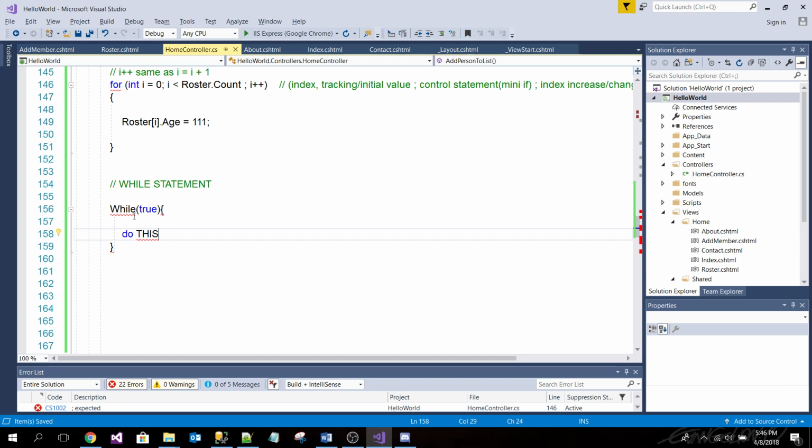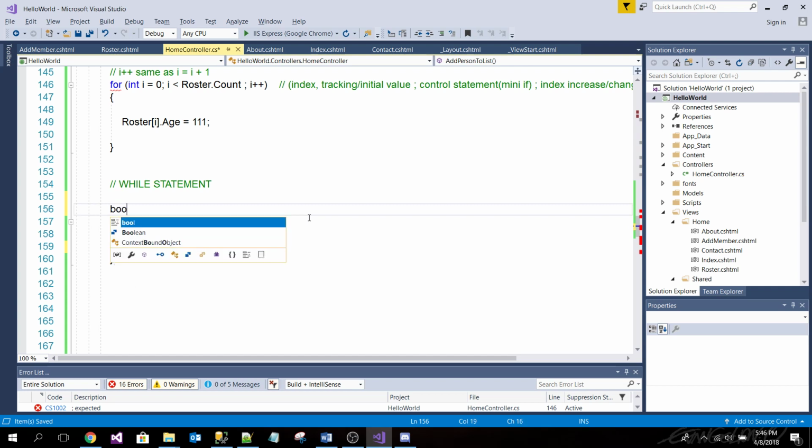Basically, it's while this is true. So this has to evaluate to true, right? Do whatever's in here. I know it's very easy, but print hello. I'm just gonna do a boolean here.